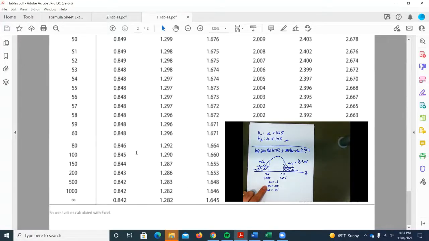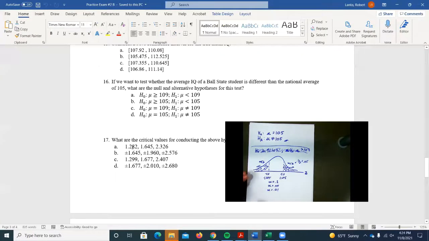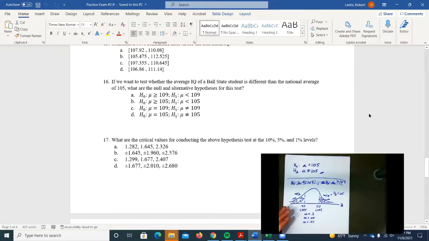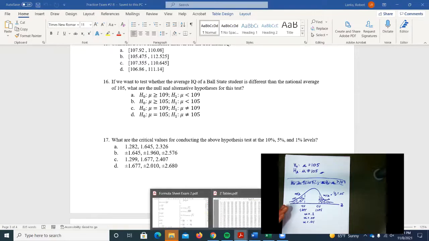So at this point, we really could stop. We've already identified, right here, the pair of critical values for the 10% level. Now we could look up the other two. And if we use that shortcut, it's pretty easy to do, right? I mean,